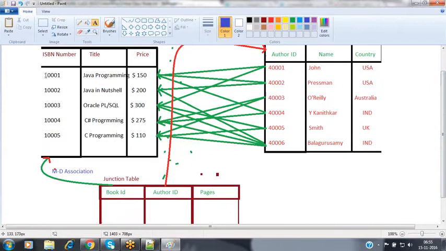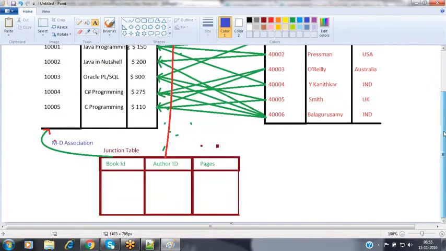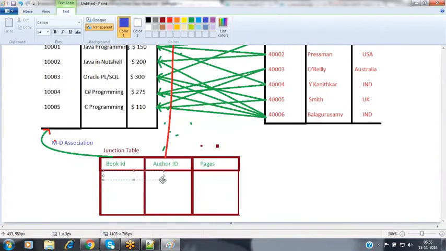Now come to the first record here, 10001. This is the first record that we have right now. The first book ID is 10001. Now this book has been prepared by whom?